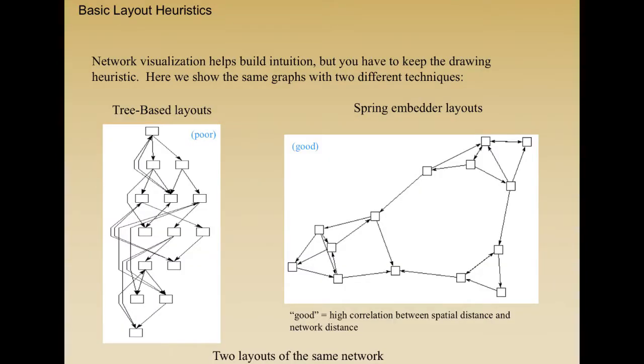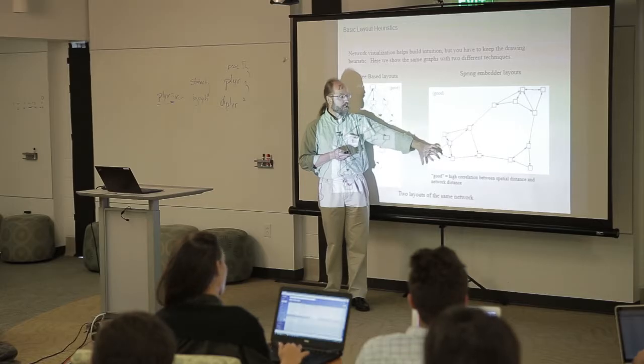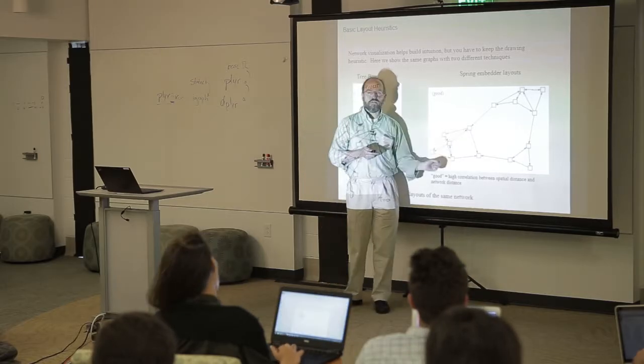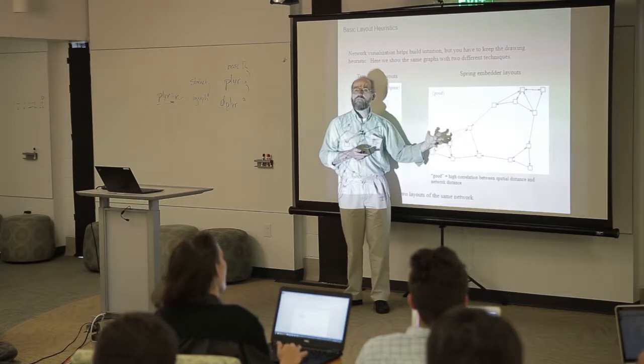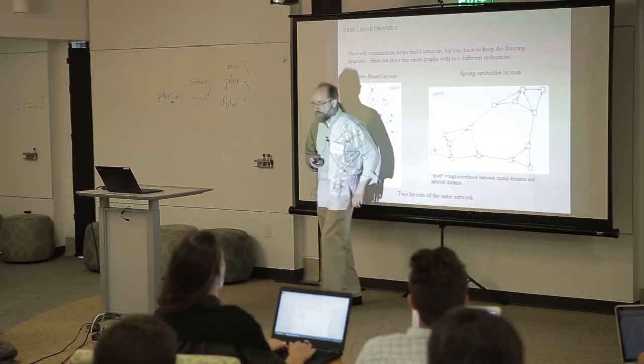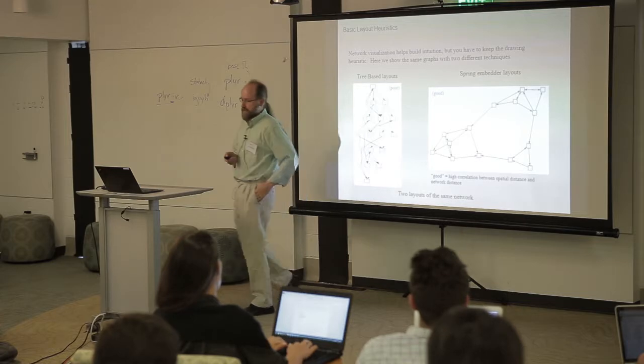On the other hand, if your network looks like a space-based layout and you plot it as a tree, you tend to get a mess, right? So don't use the tree-type layouts when what you really have is a space-based problem. The thing that spring-embedded or space-based layouts are good at is identifying clusters in the network, or identifying the clumpiness of the underlying social space. And I'll go through some examples of that in an example.